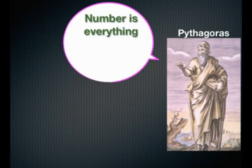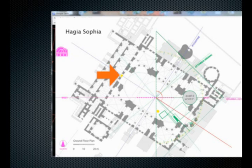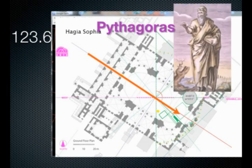Pythagoreans believed that number is everything, and that the perfect number is 6. How is the perfect number 6 expressed in the Church of the Hagia Sophia? Remarkably, this too begins from the imperial entrance. When Justinian stood at his entrance and ran through the church, he was on a compass heading of 123.6 degrees. Why does it matter? Because it is the numerical equivalent of an important Pythagorean equation explaining the perfection of the